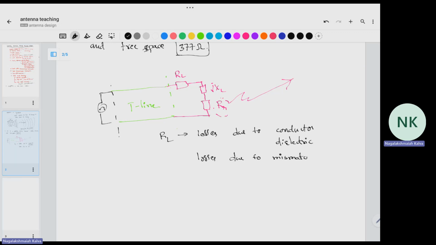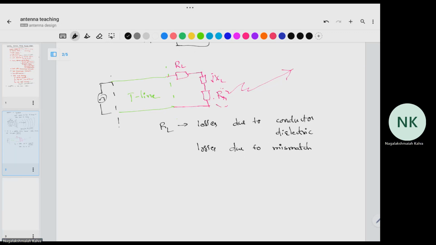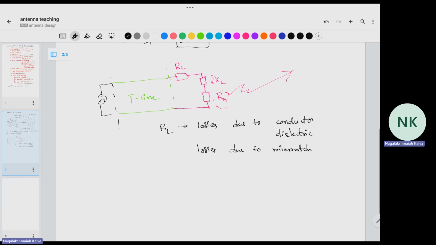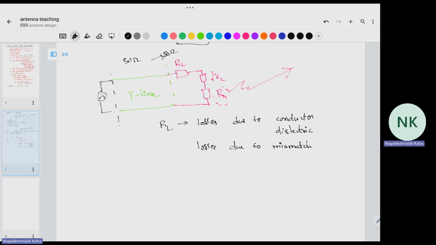While designing, we might want to connect 50 ohm to exactly 50 ohm, but it won't be possible to get exactly 50 ohm. So there will be some reflections. So those reflections we have to include. So that is RL. RL is nothing but this reflection and some ohmic losses, which are conductor and dielectric